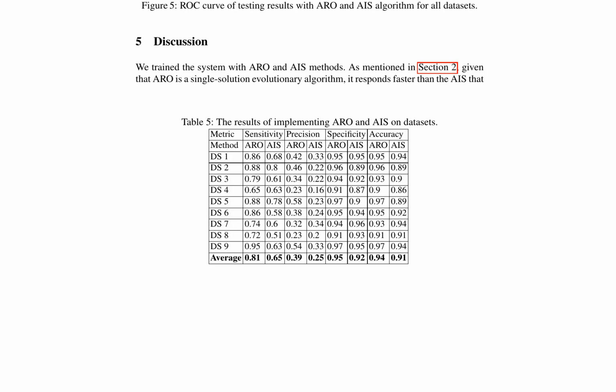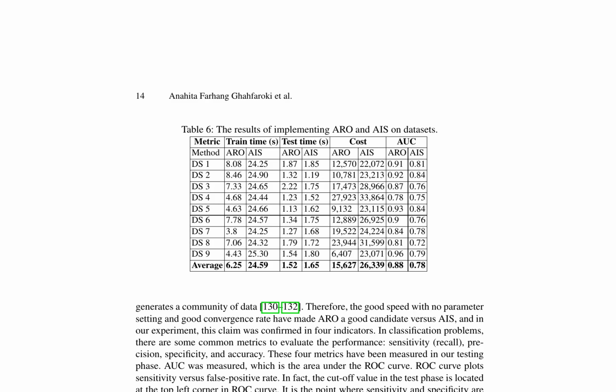The cost function used in the study is based on an average cost of $1 for every verification and an average loss of $100 for every undetected fraud, as proposed by Gotti et al. This function aims to simulate practical scenarios where the cost of undetected fraud is significantly higher than the cost of verification. The receiver operating characteristic, ROC, curve was plotted to evaluate the performance of the algorithms.